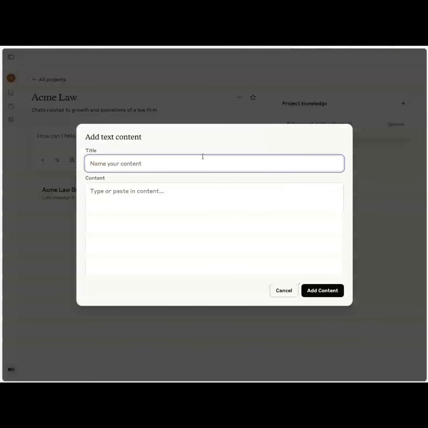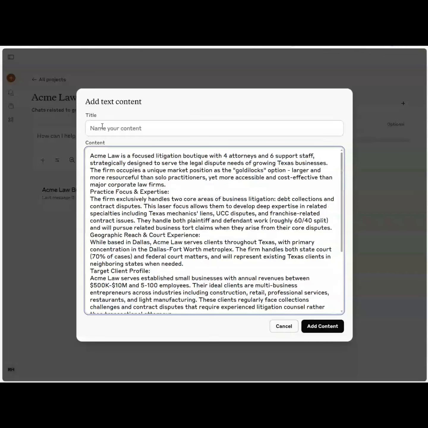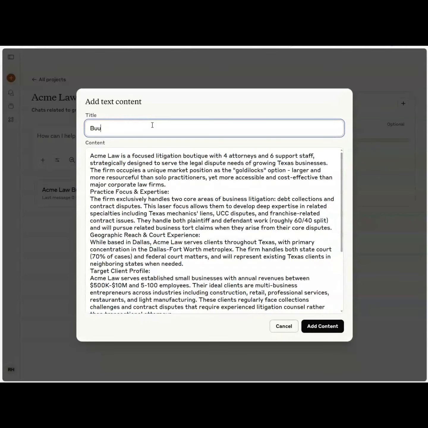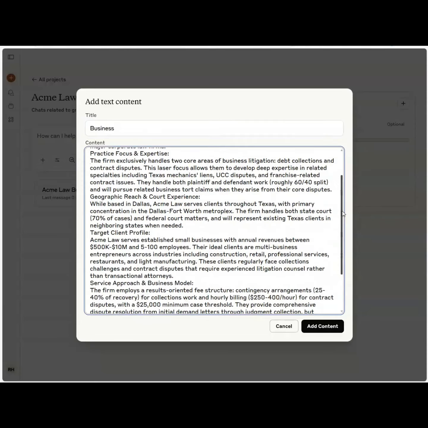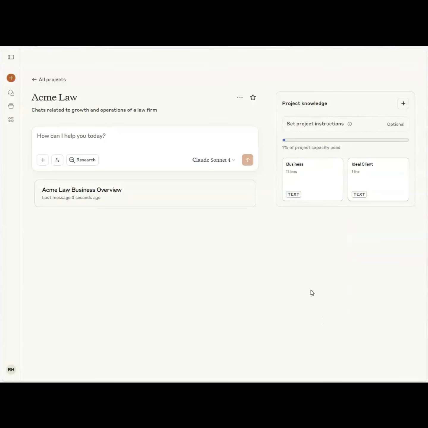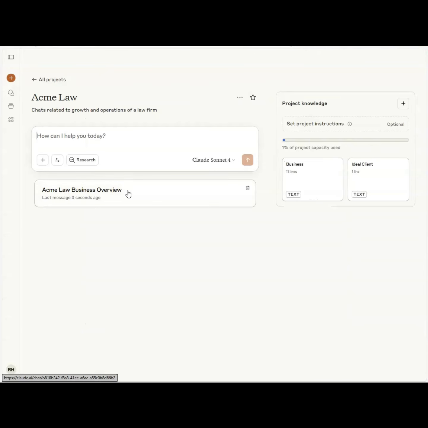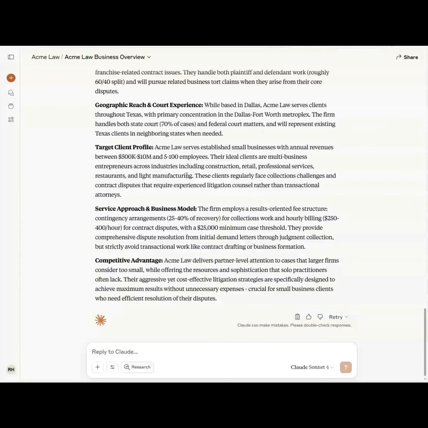So add this. I'm going to add a new business, and then capital B, Business. And you're going to add the content. Okay, so now it's gone from one line to this. So now here's what gets interesting. If I go back into this business overview,